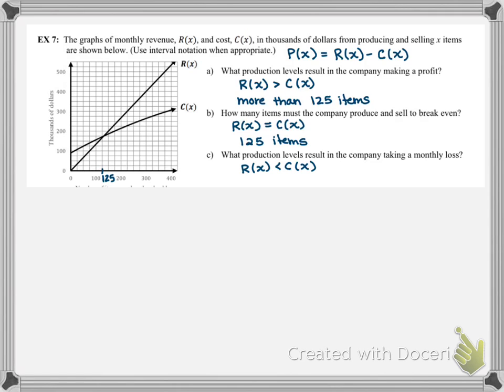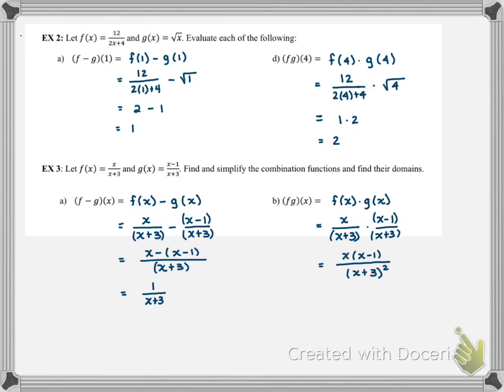Emily, where does that happen? Less than 125. So here's our cost function. Our revenue function is below it for less than 125 items. Good? Okay, so tonight